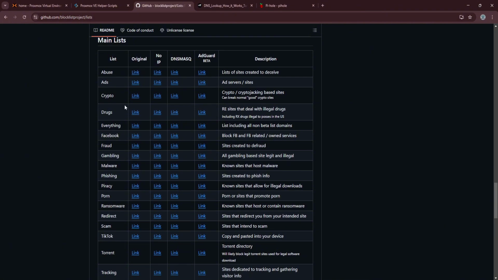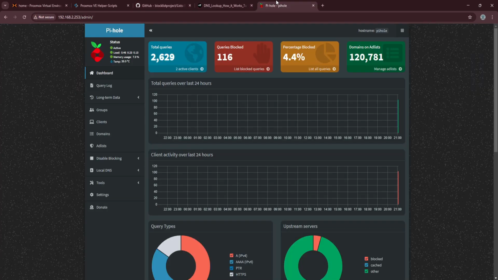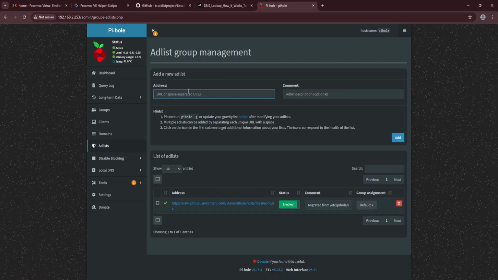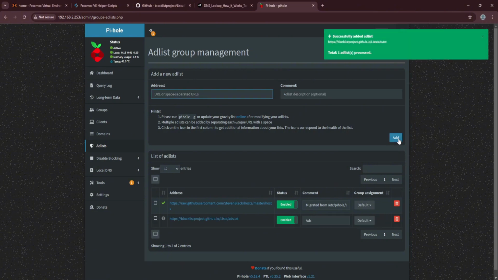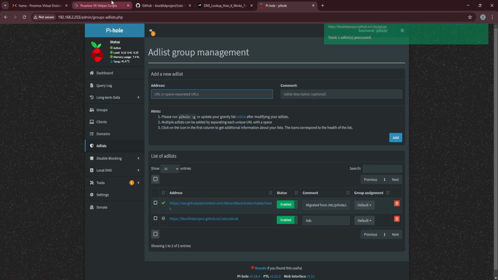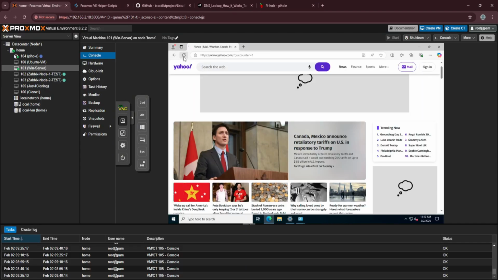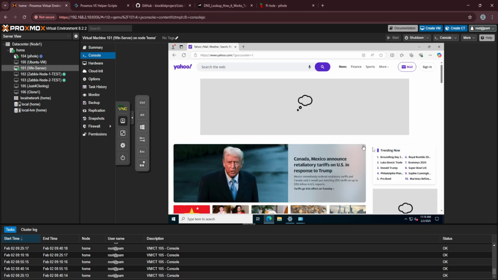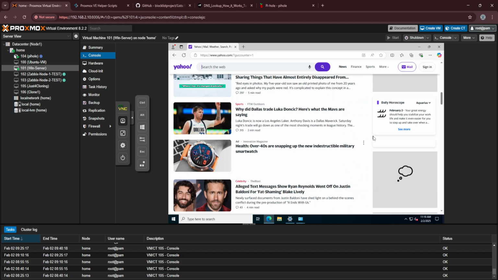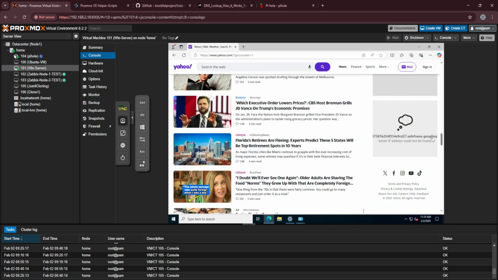But let's say we want to get rid of ads. And see, we have here a link. We can copy the link, and then we can go to our Pi-hole and go to add lists. We paste that in, put a comment so you know that this is for ads, and you click on add. Now this was successfully added. If we go back to our instance and refresh, see more and more are getting